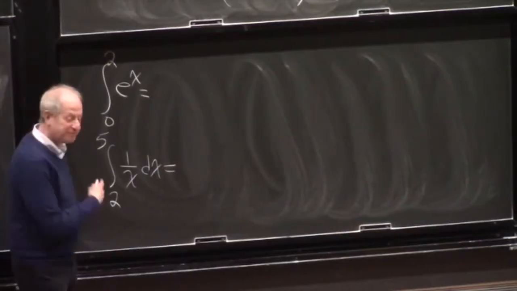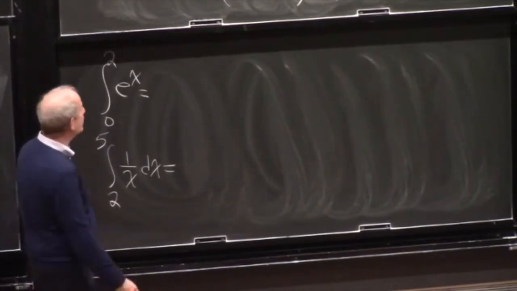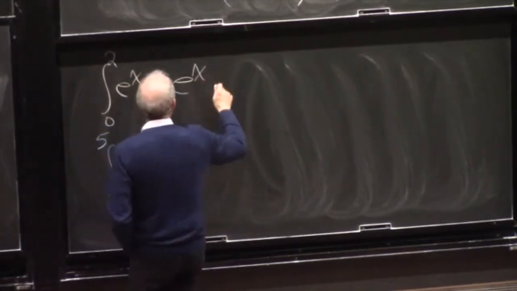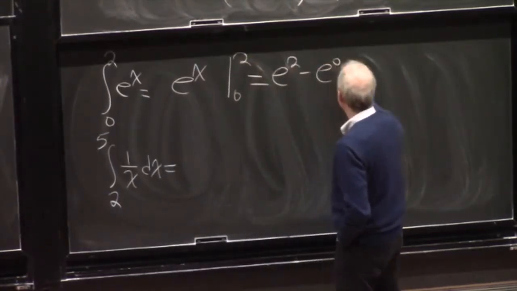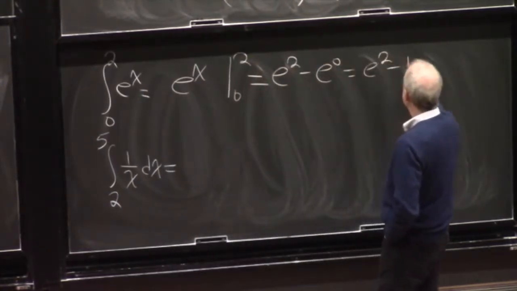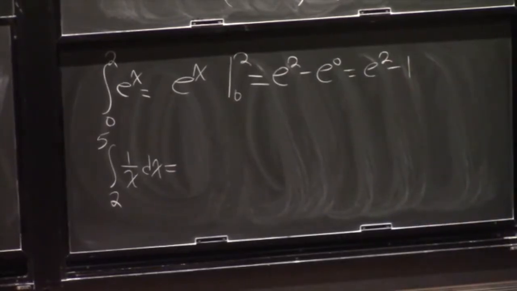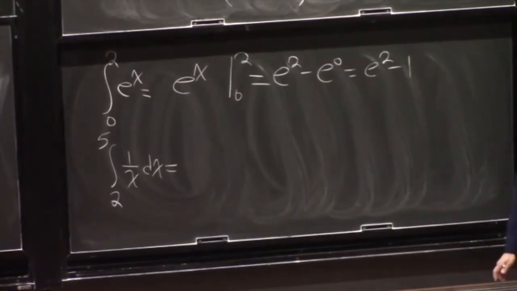All right. So let's integrate this. So what's the integral of e to the x? E to the x. From 0 to 2. That's e to the 2 minus e to the 0. Which is e squared minus 1. That's it. You don't have to figure out what e squared is. Okay? E squared should be about 8. A little less than 8. 7.8, something like that. E cubed is very close to 20. But